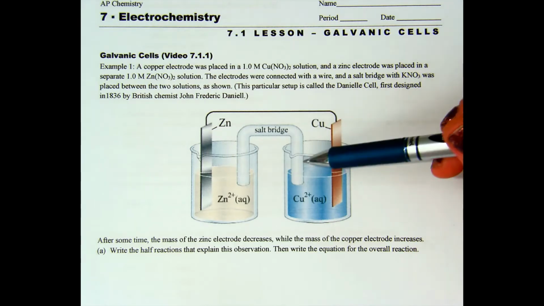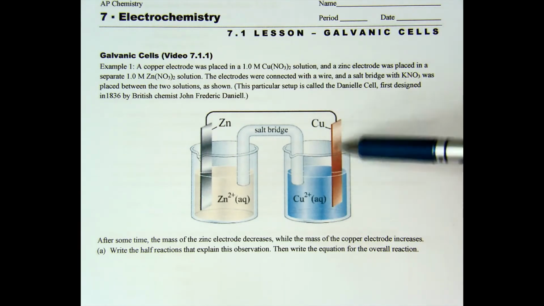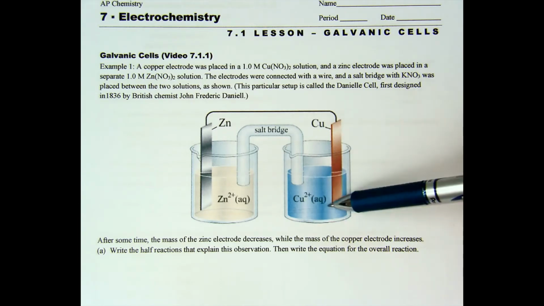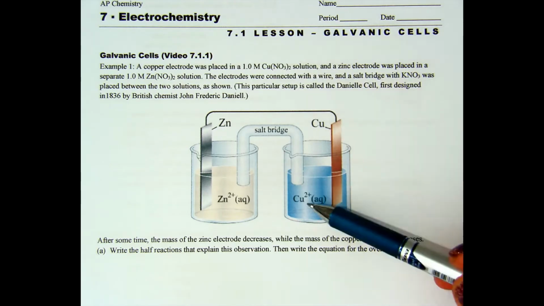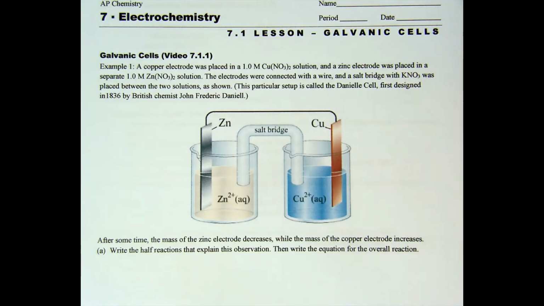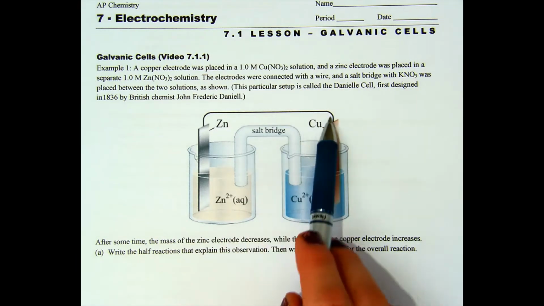So in this example we have a copper electrode placed in 1 molar copper nitrate solution. So notice we have a pure copper electrode, so solid copper, and the copper nitrate. We don't really care about the nitrate right now. All we care about is the copper, because eventually our copper and our copper 2+, that's where the reaction is going to happen. And we also have a zinc electrode, solid zinc, and that's placed inside a separate 1 molar zinc nitrate solution. The electrodes are connected with a wire, which you'll see across the top, and then we have